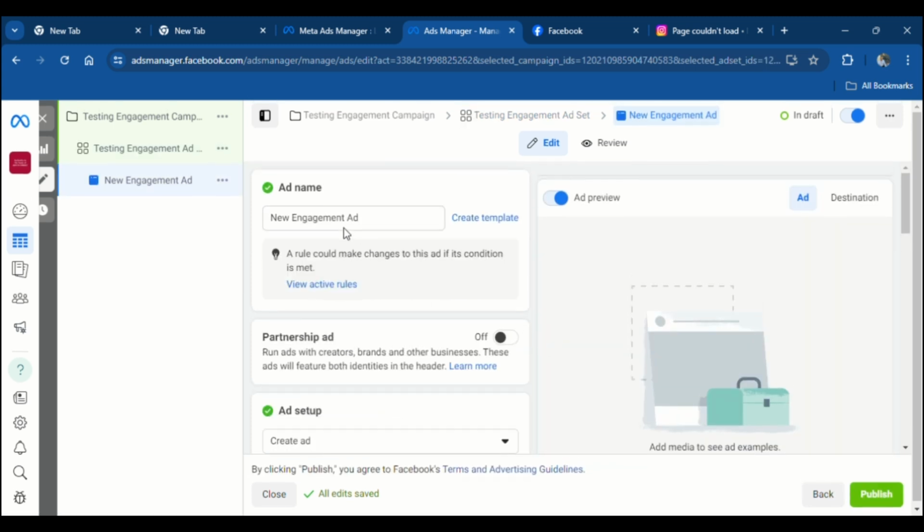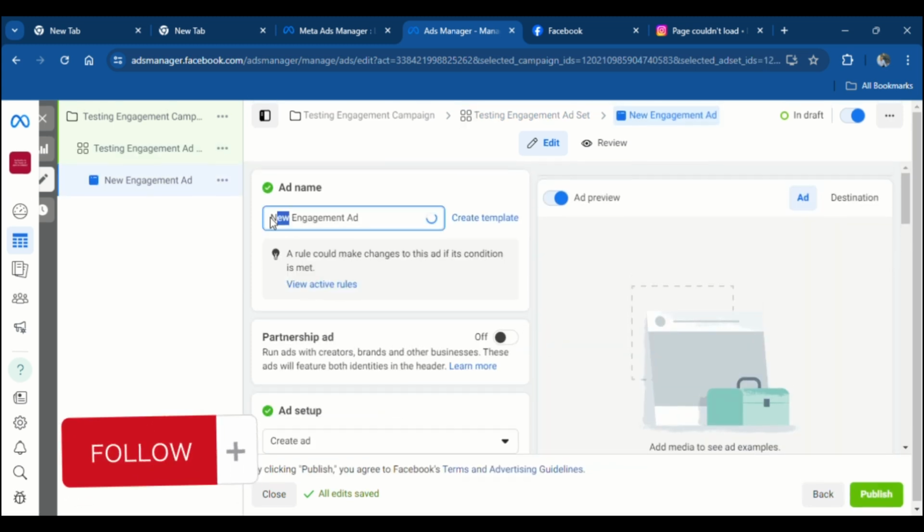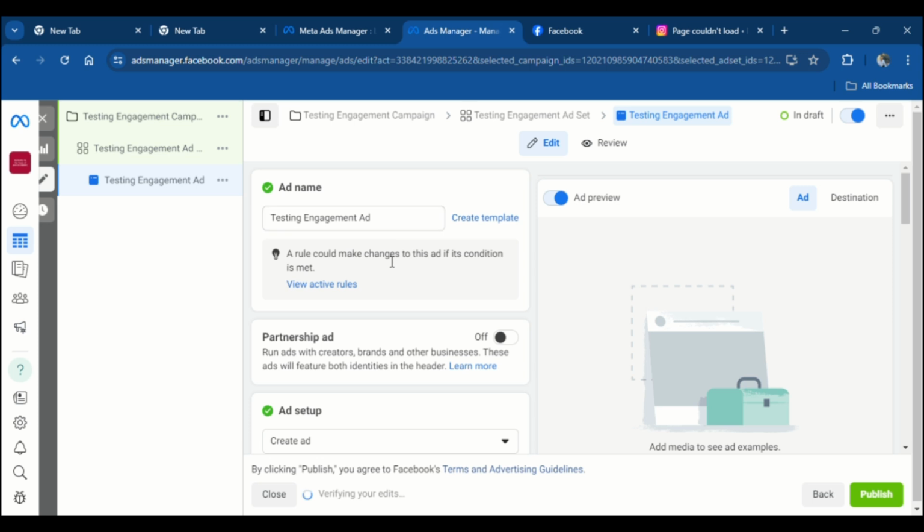When you click on next, this is the ad name. Okay, we are just calling it testing engagement. Now there are two things here. Pay attention. Run ad with creators, brand, and other businesses. This ad will feature on both. That means